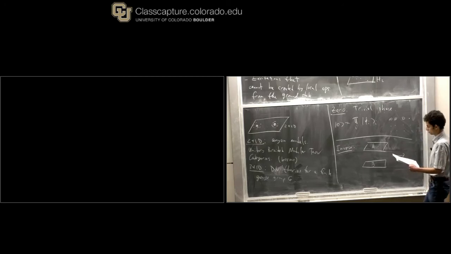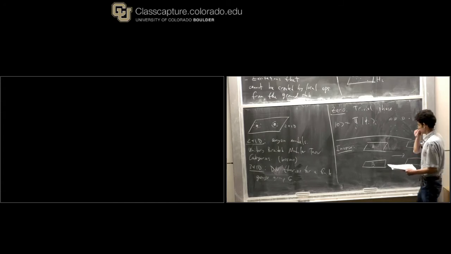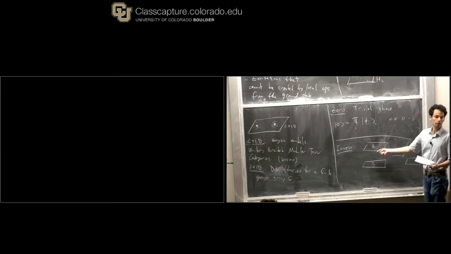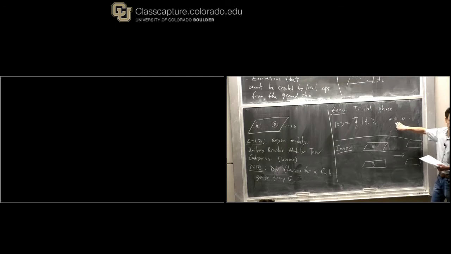I stack them together, right? I use my addition, and I start tuning parameters in the Hamiltonian, potentially coupling top layer and bottom layer, such that at the end of the day I get my zero phase. That is, I get a Hamiltonian whose ground state is unique and is just this complete tensor product state.